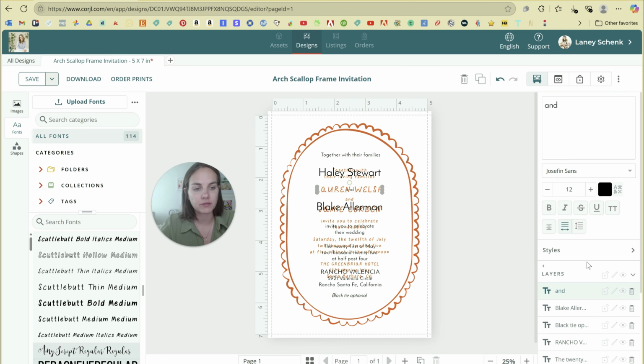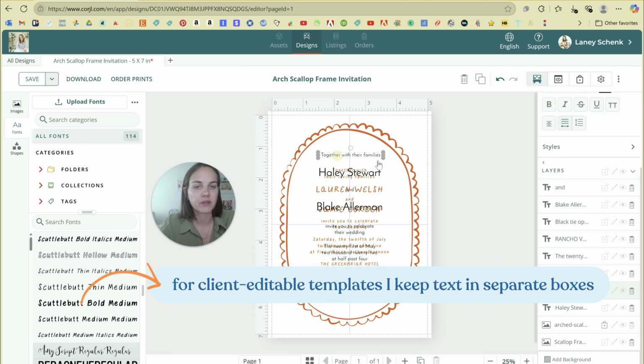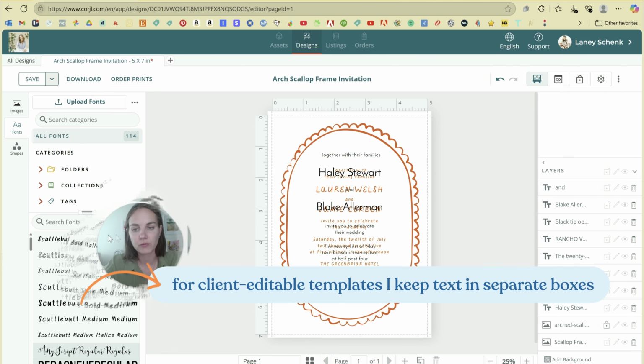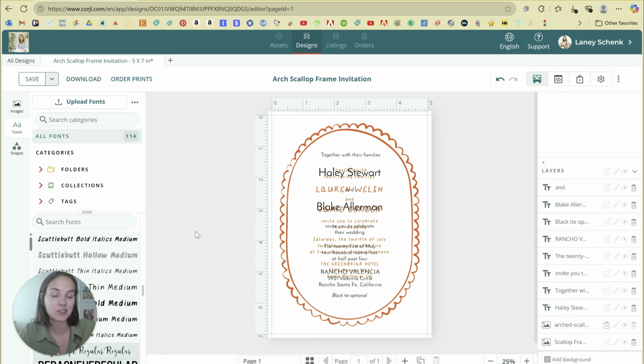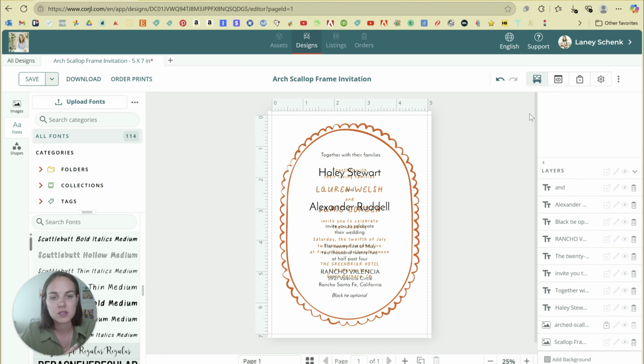As you can see, I have a ton of layers over here for the text. So for instance, "and" is a different layer than the names, together with their families is a different layer. This I find is really helpful for folks who are not designers to just have a very specific text box that they need to fill in. So if they know, like, this is where it says Blake Allerman, you just need to fill in your partner's name here. It's really easy for them to go ahead and edit it because it's just going to be simpler